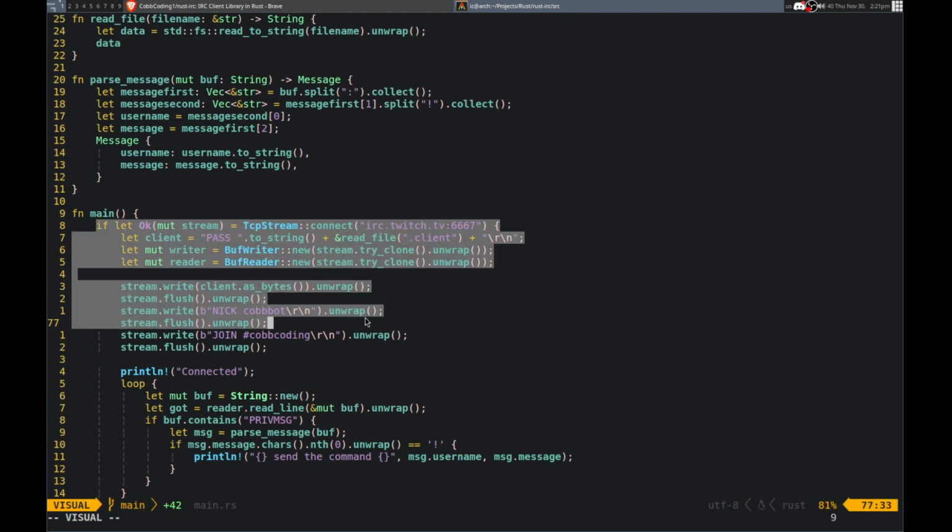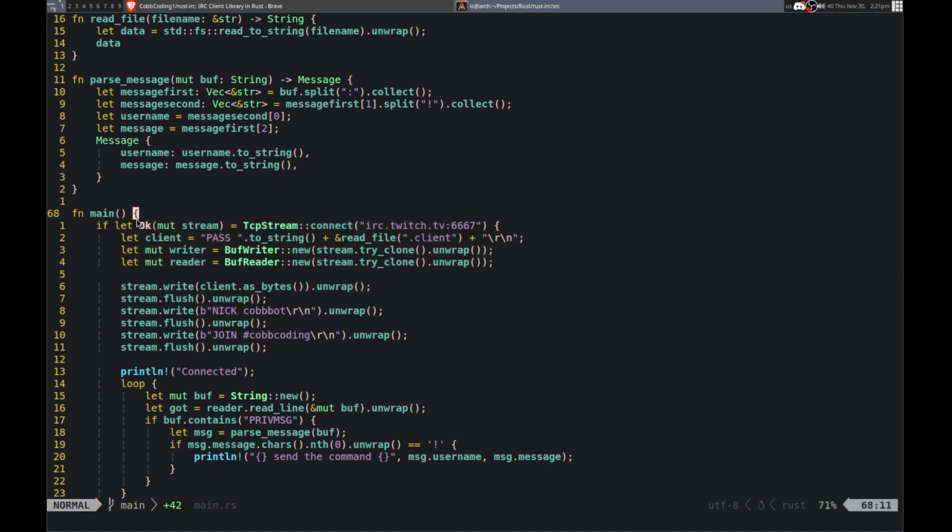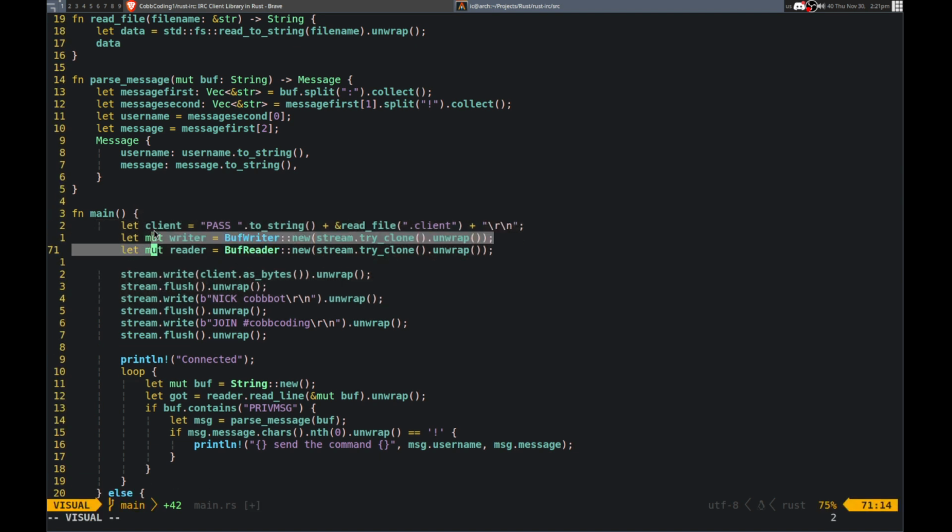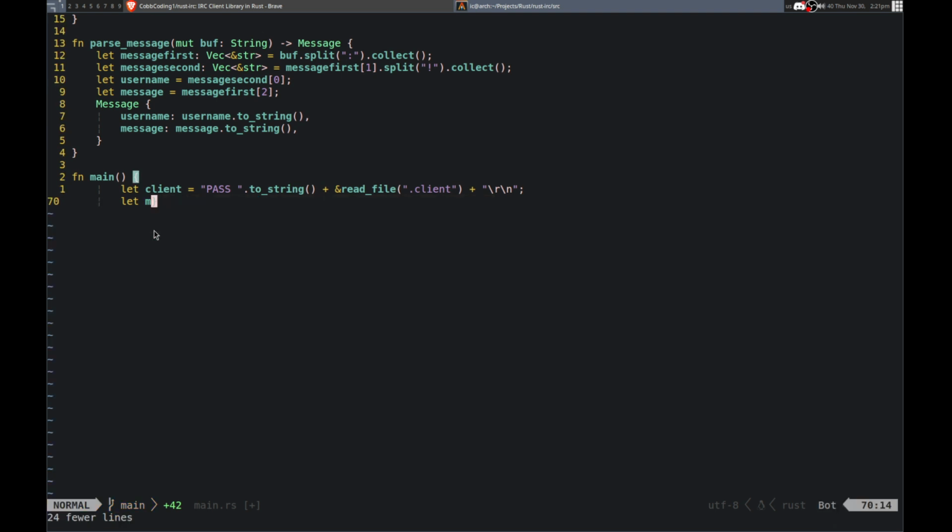So I can move all this. I'll leave the client in there because I'm going to use that. But I can get rid of all this stuff. And then, whoops. Alright, so we can have the client, and then we want to,